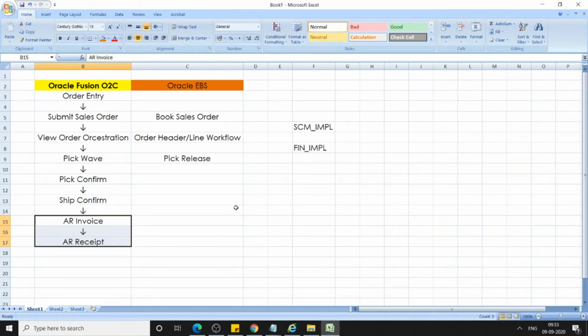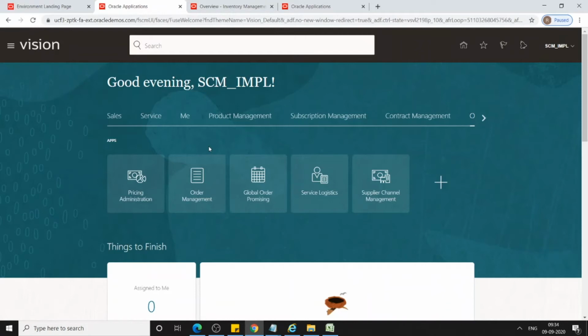Okay, so let's start. To start with, I have already logged in with the SCM_IMPL user. Under this user, in the springboard, you select Order Management.